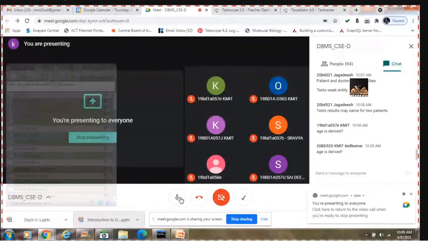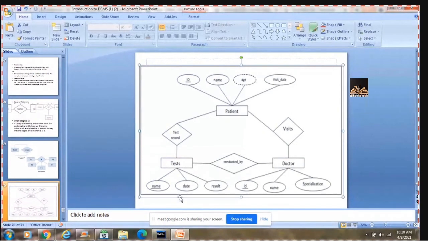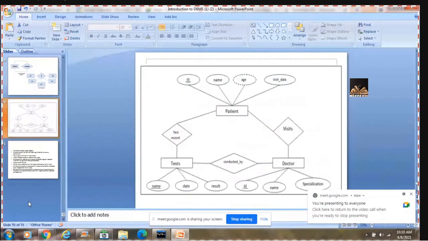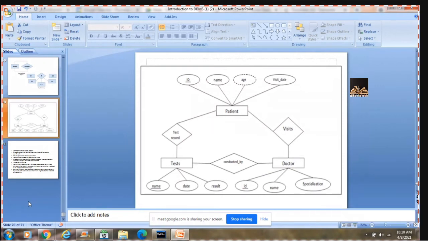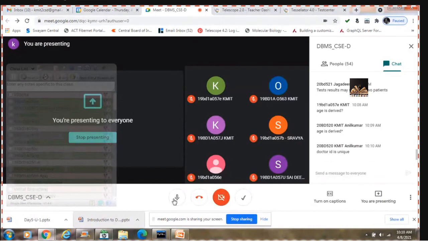Client, Jagdish. Yes, doctor ID is unique over there.